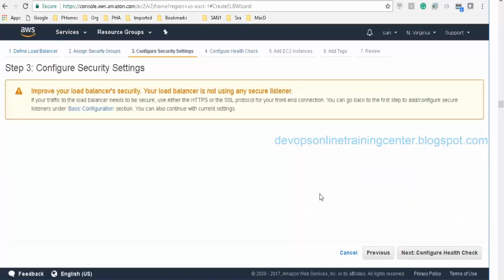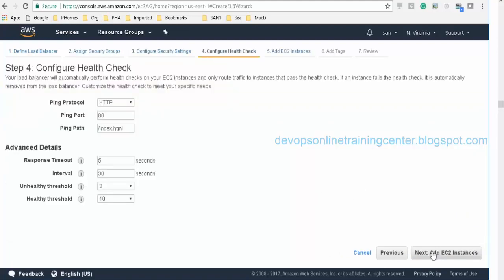Security settings, health check: the ping is on HTTP port 80, and path index.html, or we can give slash as well, so that this will monitor and check if the application is running on that port.